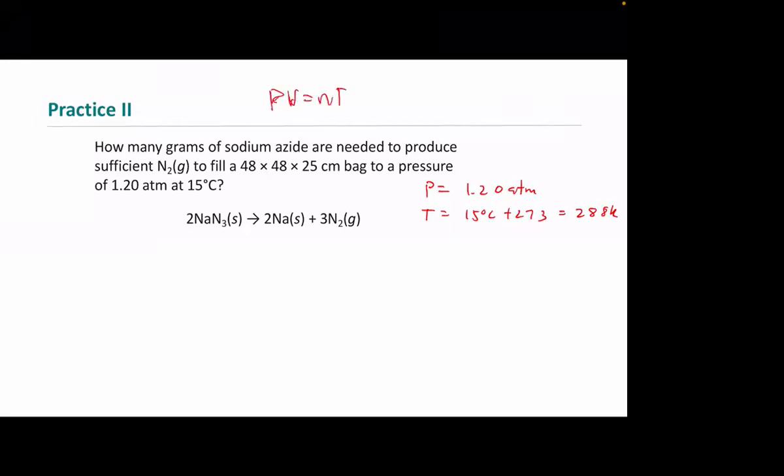N is what I'm after. I've always got R, I've got a T, I got a P. The volume's what I need, and there I've got dimensions. So